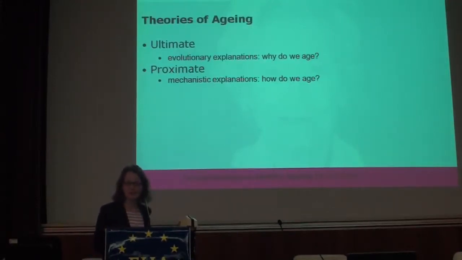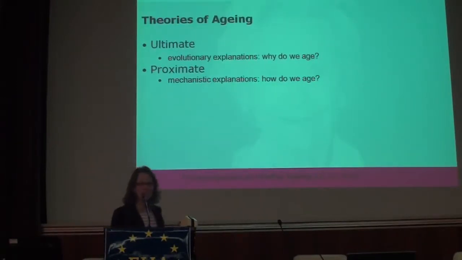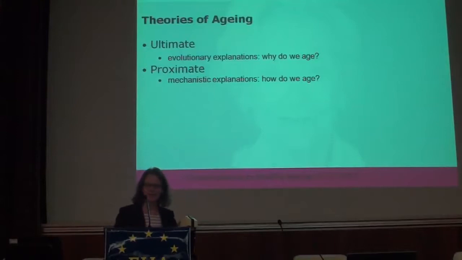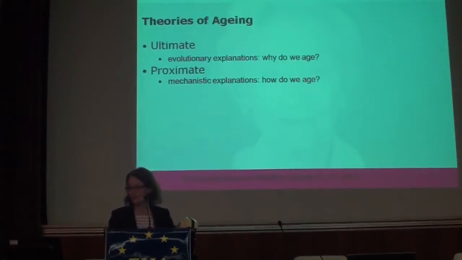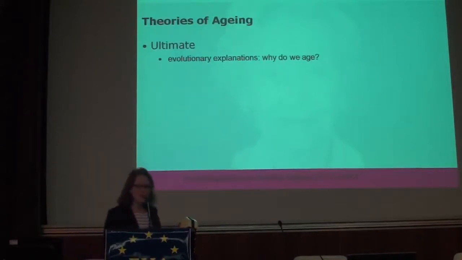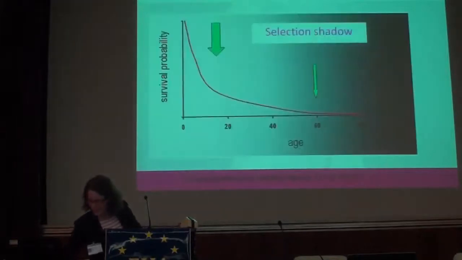And I think if you want to categorize the theories, the most broad distinction could be made by discriminating theories that try to provide an explanation for the why question. So why do we age? And this is mainly based on evolutionary biology. And then there are many theories that try to provide a mechanistic explanation about what the mechanisms are that drive aging. How does it work exactly? Well, to start with the why question, with the theories that try to provide an evolutionary explanation,